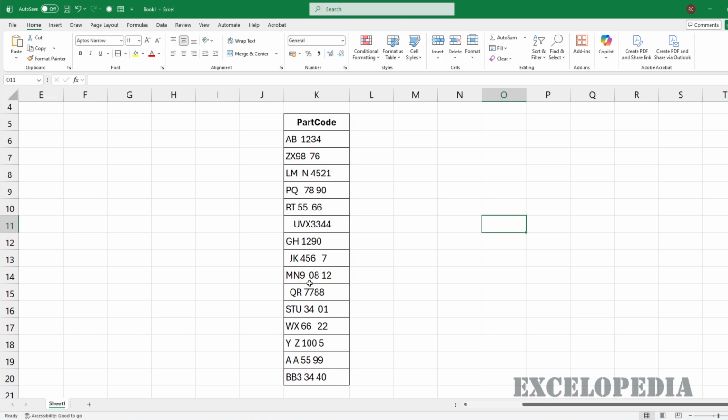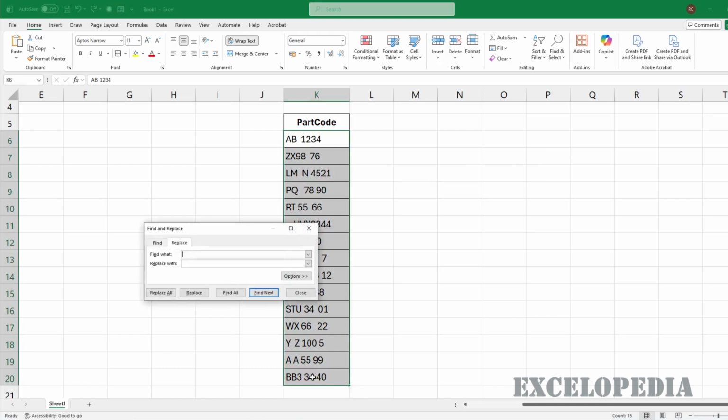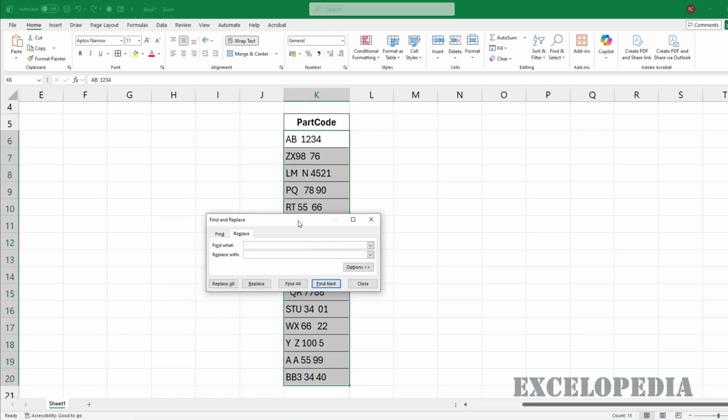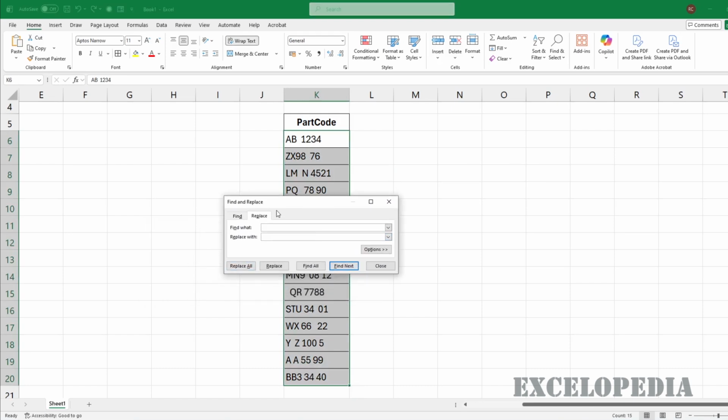Now to remove this, all you need to do is select the data, okay, and press Control H. Control H will open up the find and replace dialog box, right? From here, in find what, you can simply enter a space, and for replace with, you don't need to do anything here, okay? So basically, we're telling Excel to look for a single space, right, and replace it